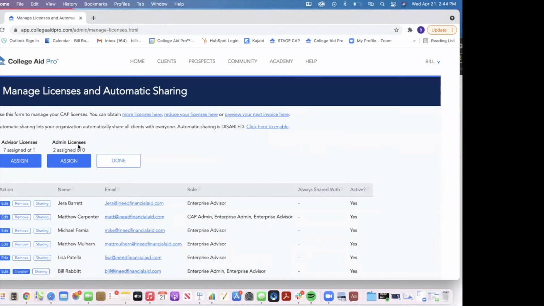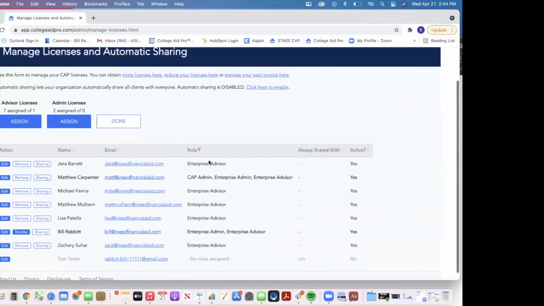consulting firm. Matt and I have a consulting firm. We've been running that for the past 15 years, and we're starting to build out our team. And every year we add more and more advisors. But this is a snapshot, and all of these advisors now are within the same organization, our consulting firm. Okay, so for this teams or small office or enterprise solution, you have the ability as a super admin